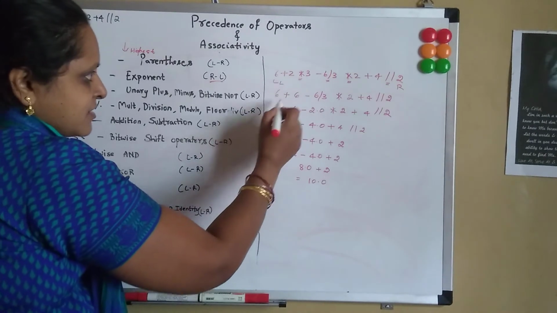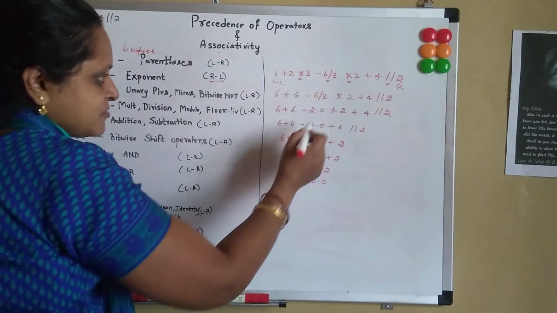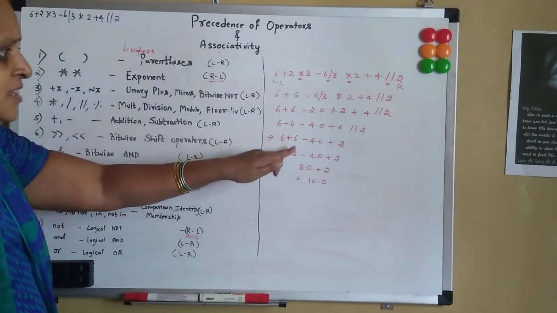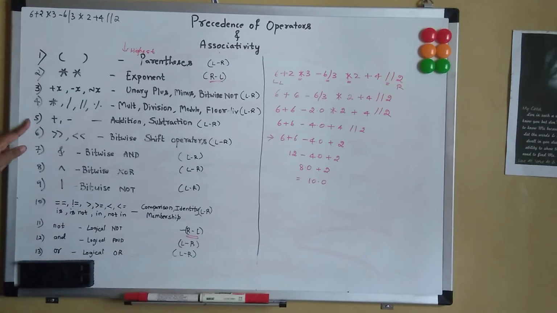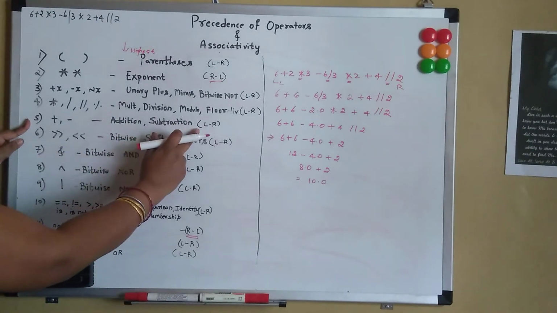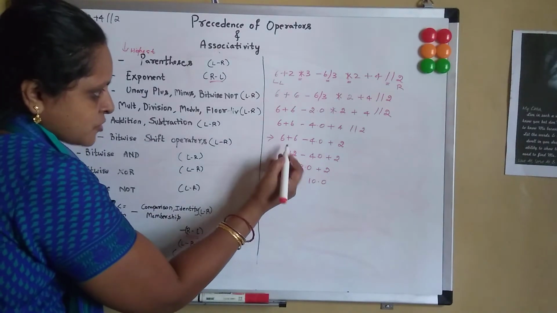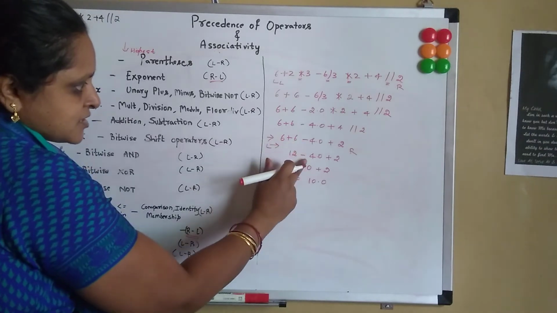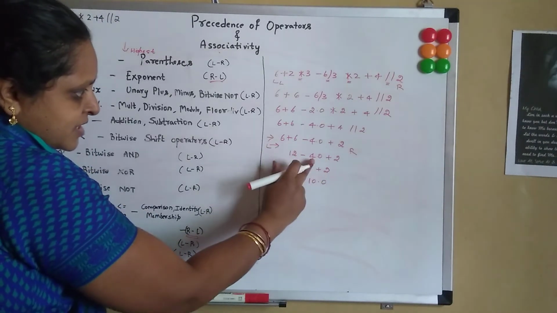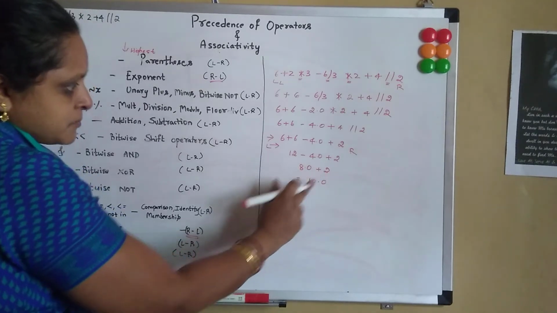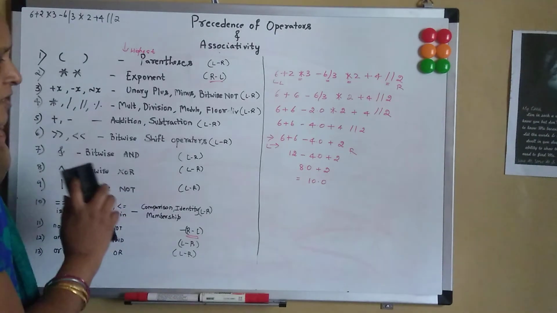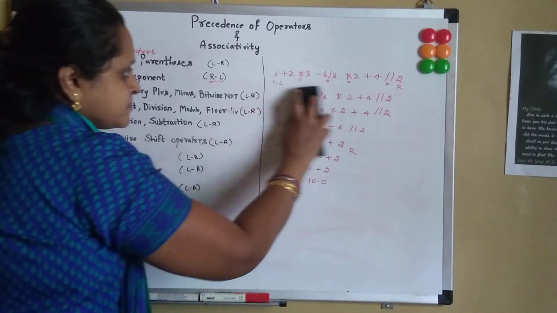After resolving all the into, divide, into and floor division, our expression reduces to this level. And now we have plus, minus and plus, which is at the fifth level, and its associativity again is from left to right. So we have solved the expression from left to right, that is 12 minus 4 plus 2. 12 minus 4 is 8 plus 2. 8 plus 2 becomes 10. So our final output is nothing but 10. So this is how the rule of precedence and associativity works in Python.